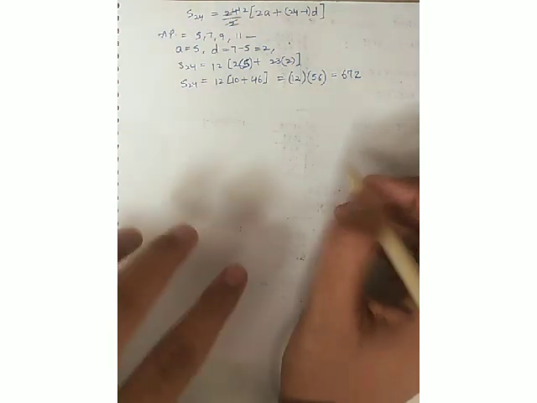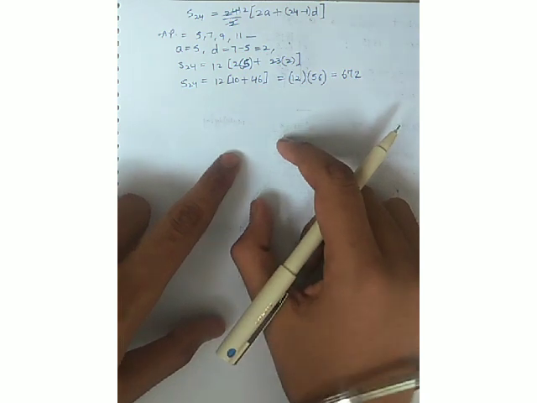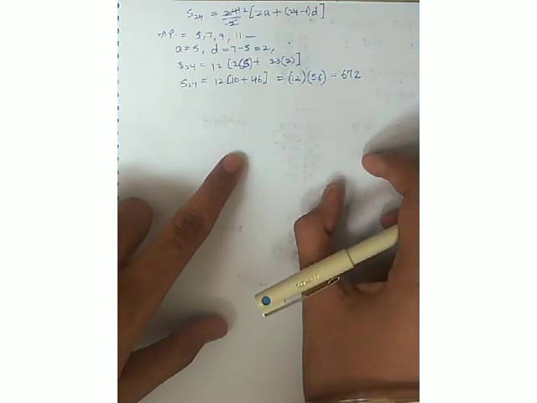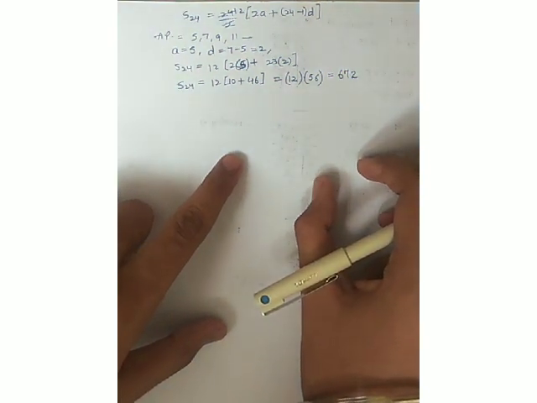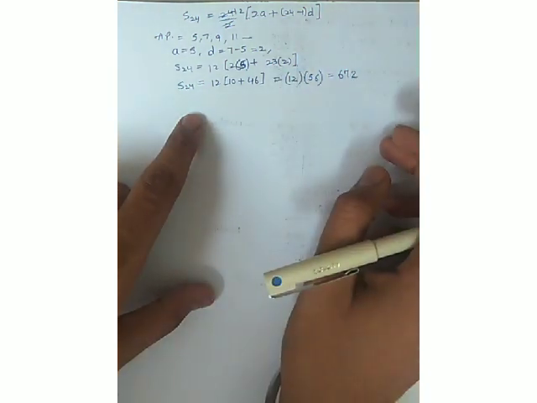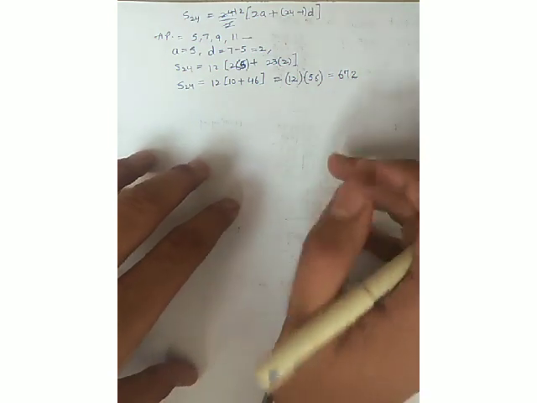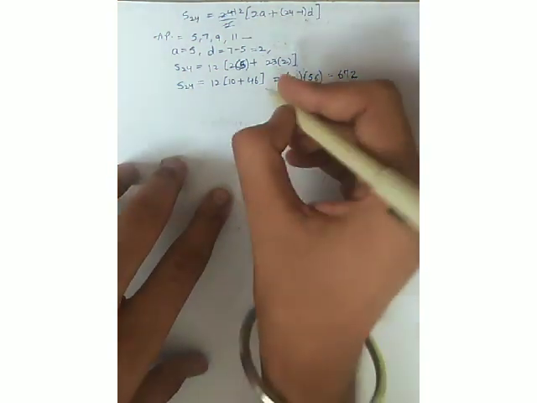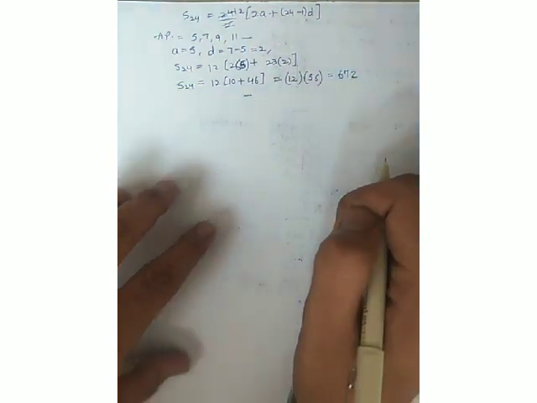Now just remember that if the general term is given, don't get confused about how we are able to find the first term, the second, and the common difference when the AP is not given. Just fill in the values of n equal to 1, 2, 3, 4 and so on, just to find 4 or 5 terms of the AP, and then you will be able to solve the sum. And we have completed the 15th example as well.